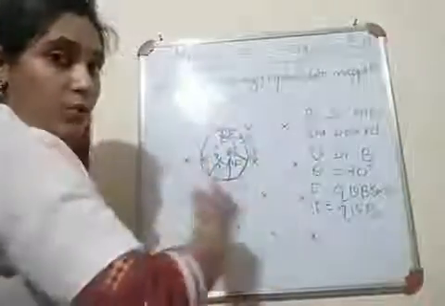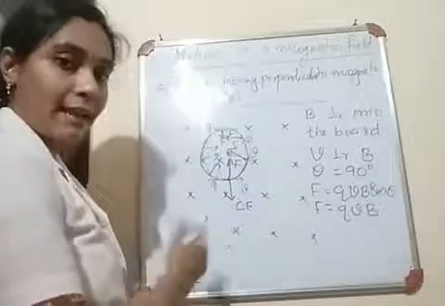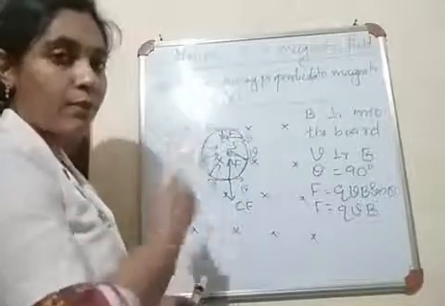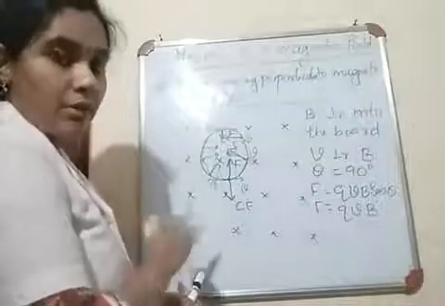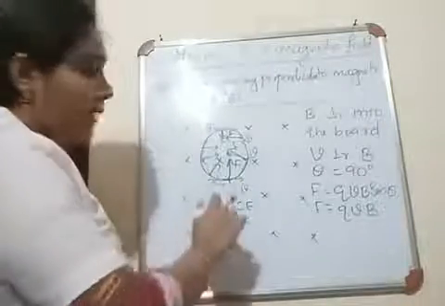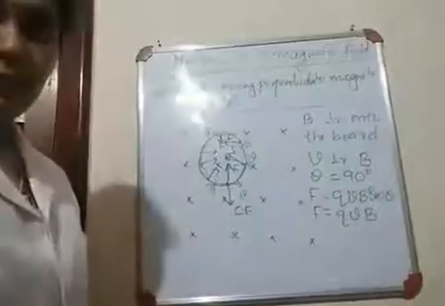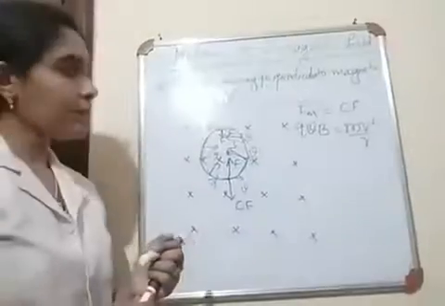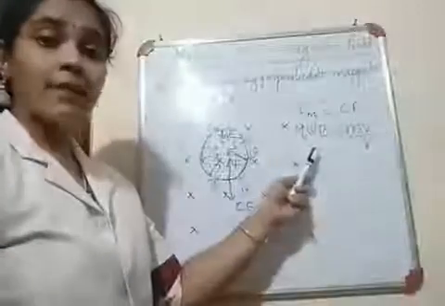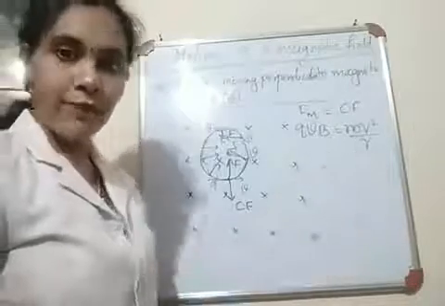And to maintain this circular motion, there should be another force, and that is the centrifugal force, which is acting radially outward. Whenever there is a circular motion, there should be some other force to balance that and to maintain that circular motion. So here the magnetic force is balanced by the centrifugal force. We can write like this: the magnetic force Fm is balanced by the centrifugal force. What is the magnitude of the magnetic force? It is QVB. And the expression for centrifugal force is mv square by r.